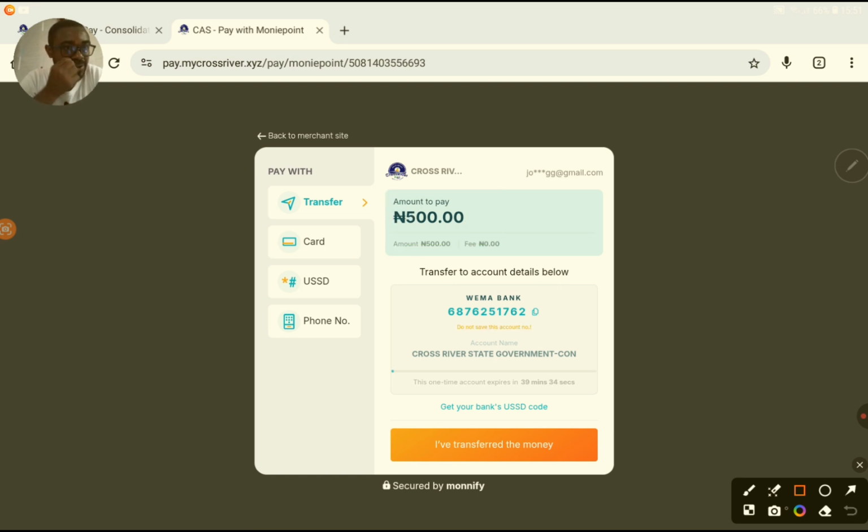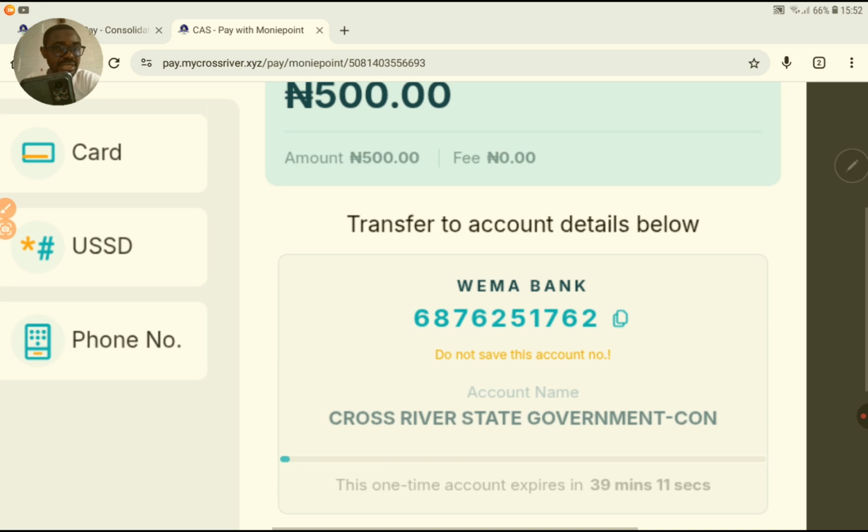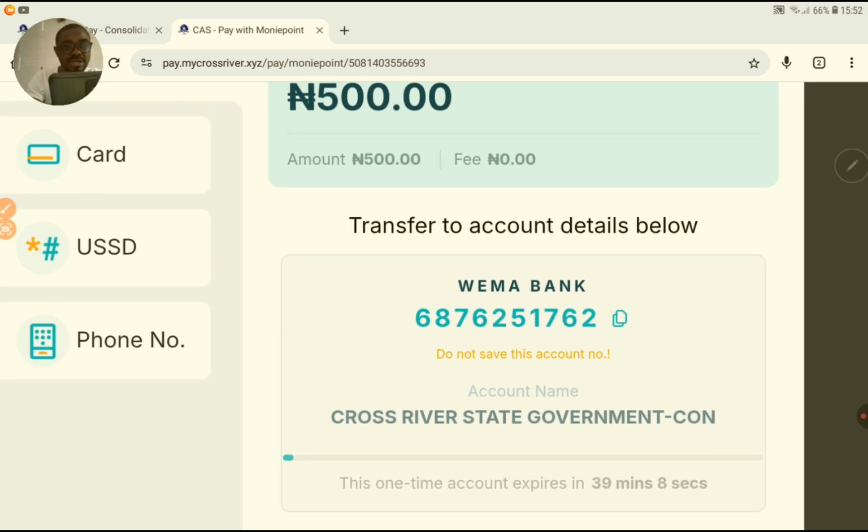So now you are going to make a transfer of 500 naira to this government account. Let me make a transfer. So I'll open my bank app, in this case the customer's own app, or the taxpayer who wants to make this payment. He opens his bank app and now makes a transfer of 500 naira to that account there. Let me make it big so I can see. So makes a payment to